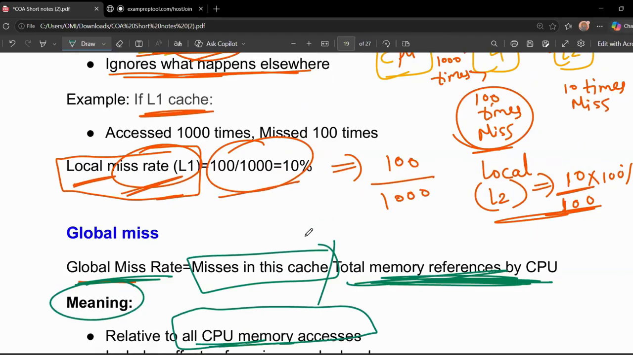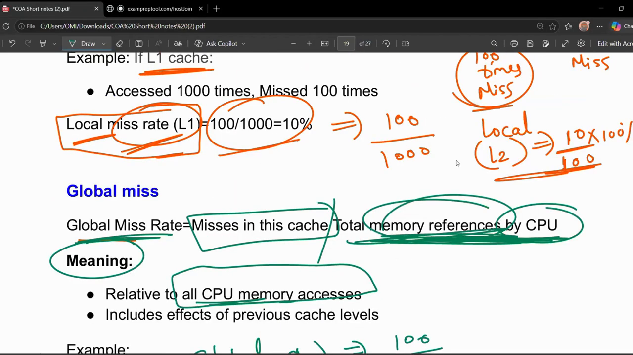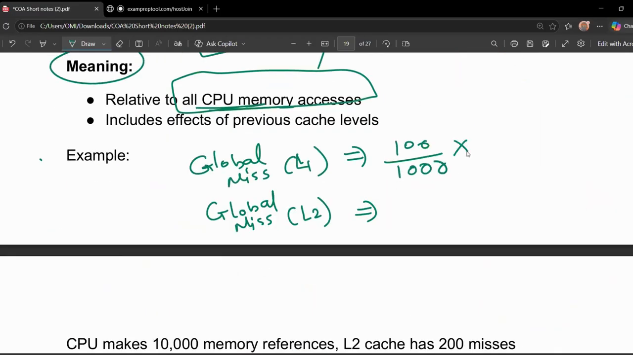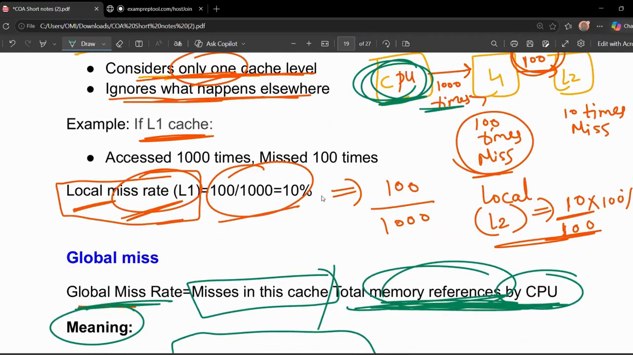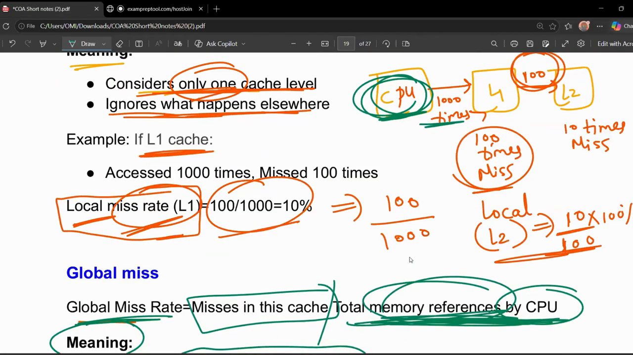For L1, how many misses happened? 100. Now you have to check globally, like the total references made by the CPU. How many times did the CPU make a reference? 1000 times. So you put 1000 here, 100 divided by 1000. Now, what is the global miss rate for L2? How many L2 misses happened? 10 misses. So 10 divided by